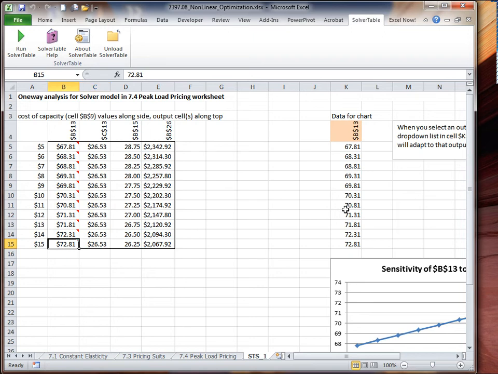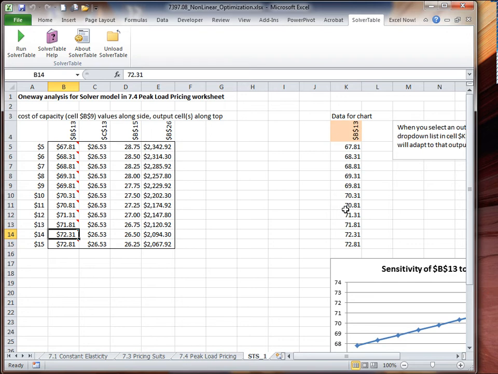What about the peak pricing? Well, there, clearly, the higher the cost of capacity, the more you have to charge on peak hours to pay for it. But why would that be? Why would you only charge additional to the peak hours for the capacity? Because to increase the price on the peak, your demand doesn't go down that much. But if you change the price on the off peak, the demand will go down a lot. Well,